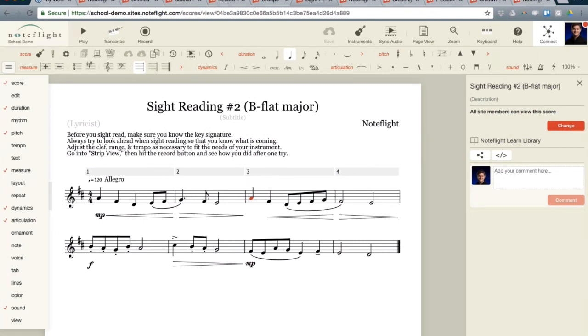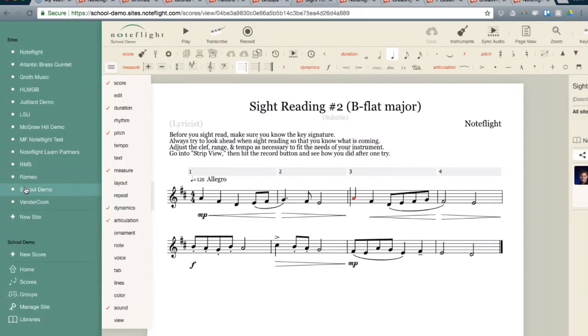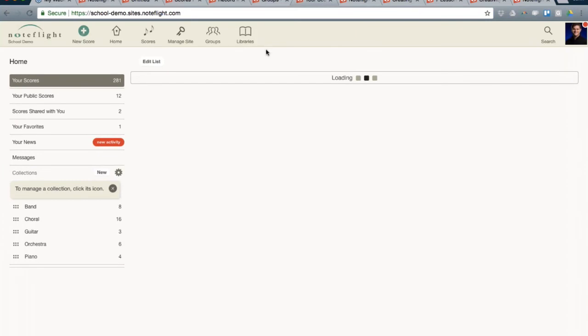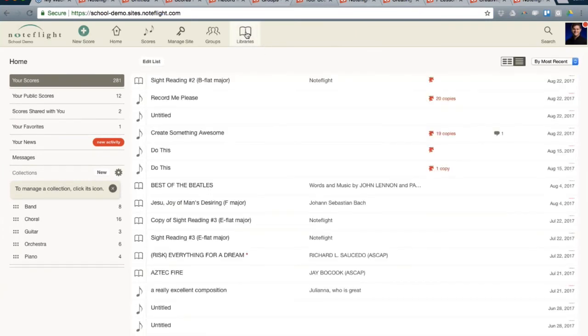We want students to be able to access content that is exciting to them, that is fun. So we want them to be able to record. We want to give you an opportunity as teachers to be able to easily create assignments and have an opportunity